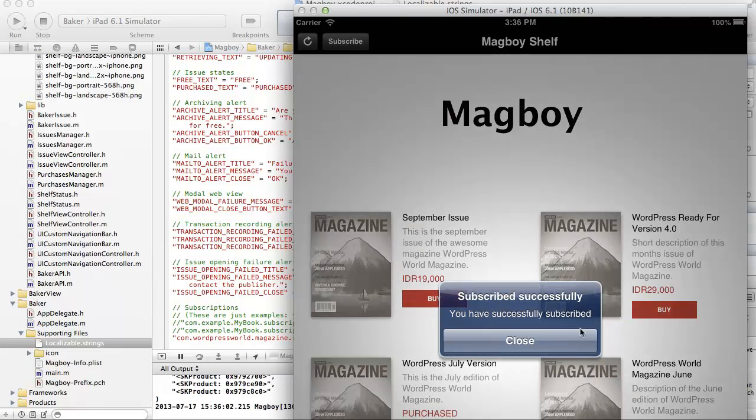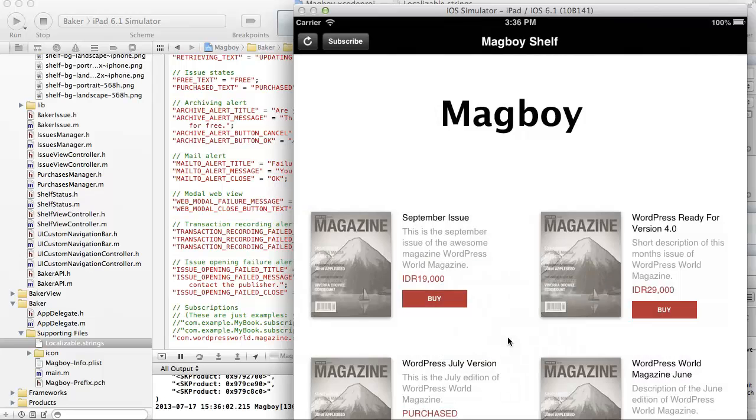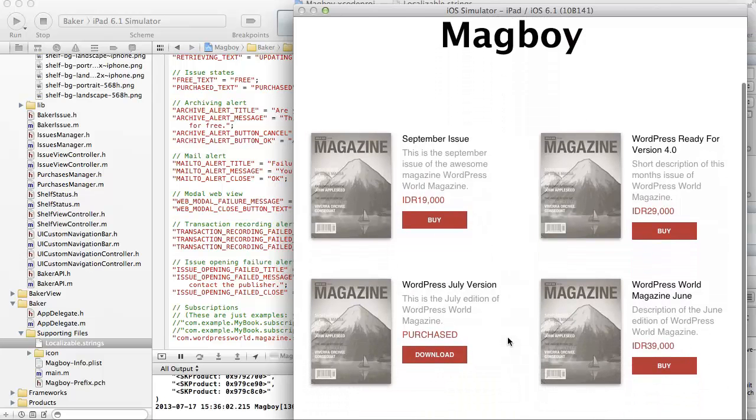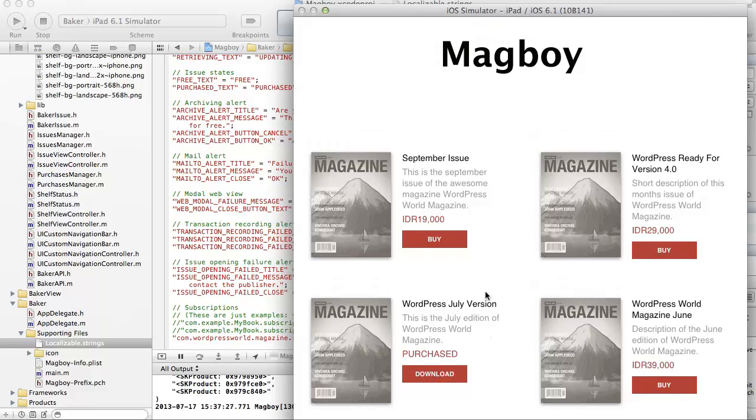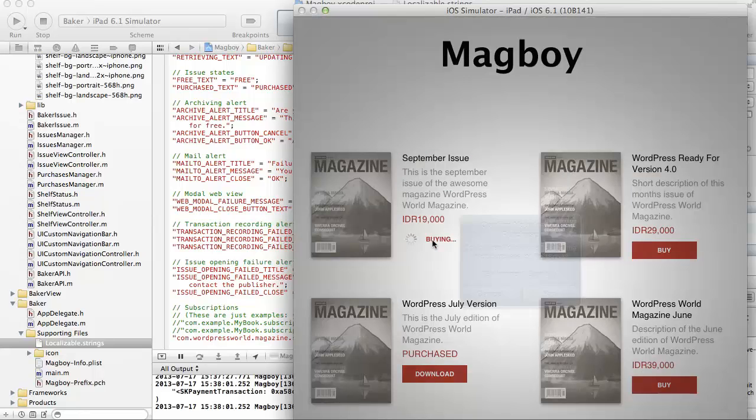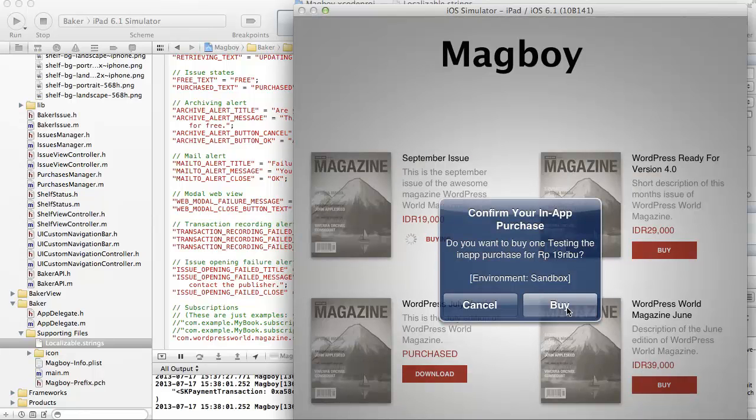And there you go, I have subscribed successfully, and what Magboy does is it goes in and figures out it's the month of July that I have subscribed, and then it automatically unlocks the issue and allows me to download it and read it on my device. Magboy will also take care of individual issue purchases. If I want to buy an individual issue, I simply click buy, confirm,